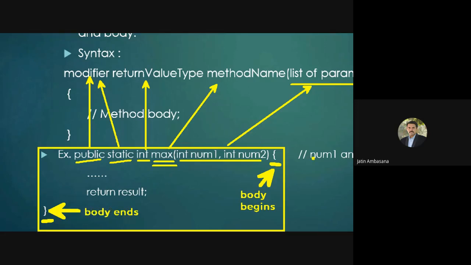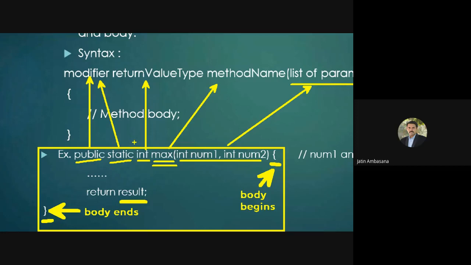Okay, understand? And in between this body you also need to have a return statement which returns some variable which is of type integer. If you don't have this return statement, then it will give you an error. It will not allow you to compile, because you are saying that it will return an integer value. So that's why you need this return statement.